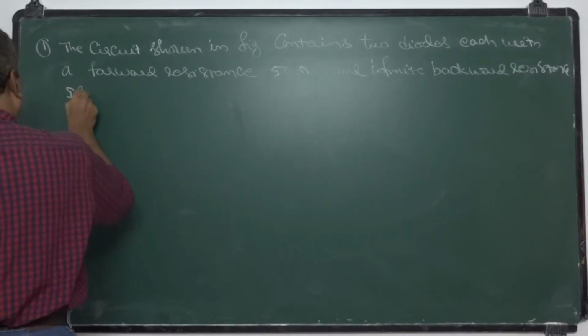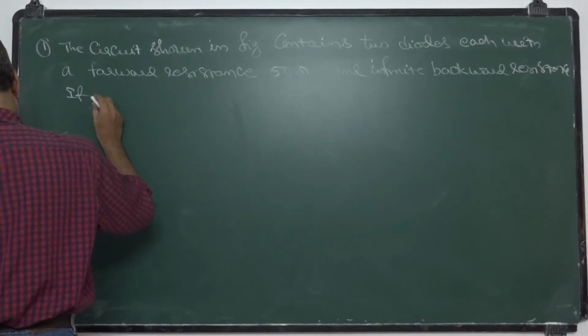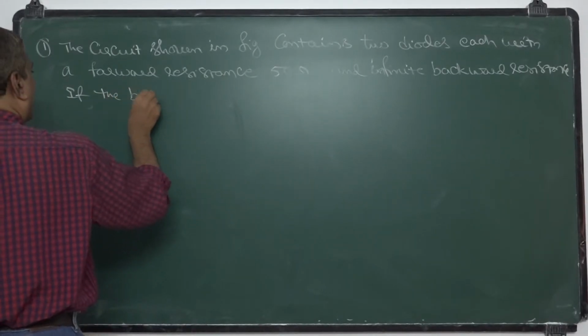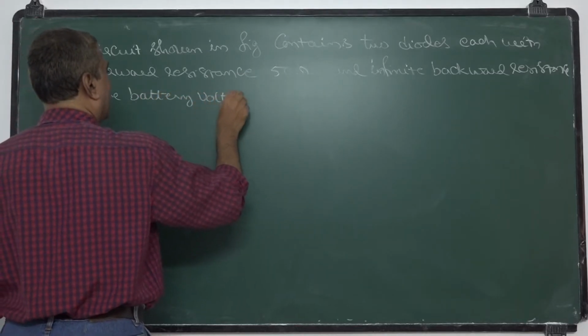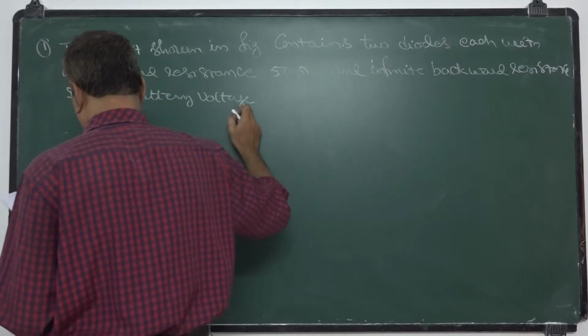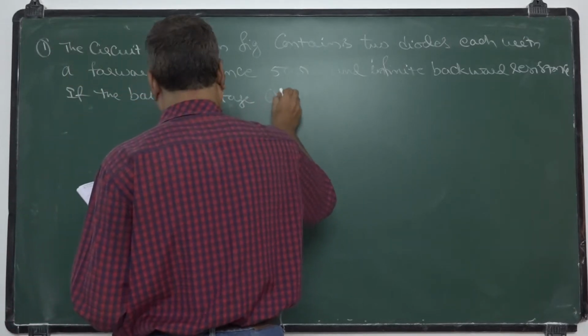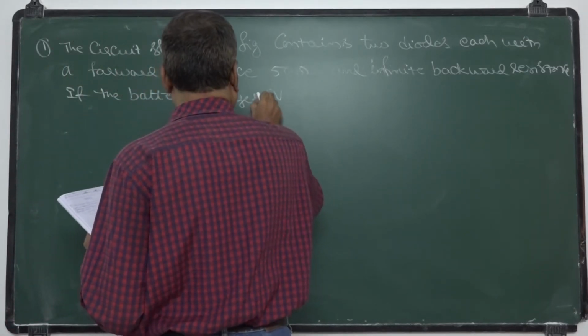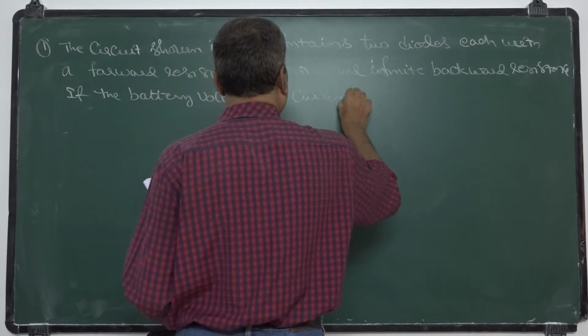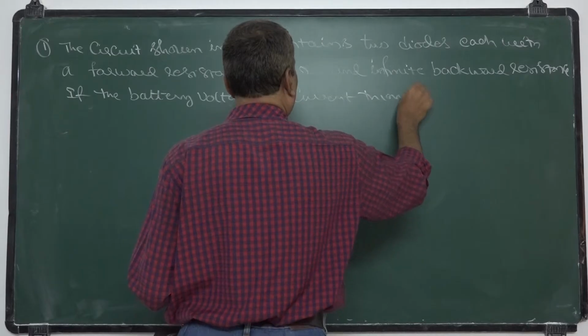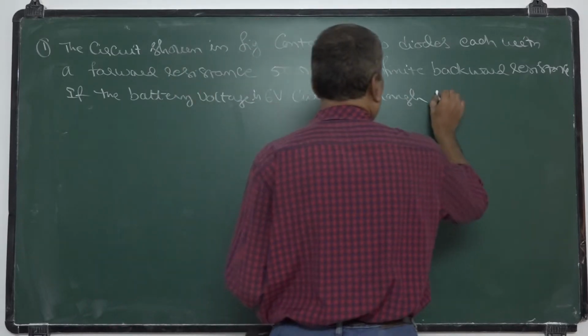If the battery voltage is 6 volt, the current through the 100 ohm resistance is